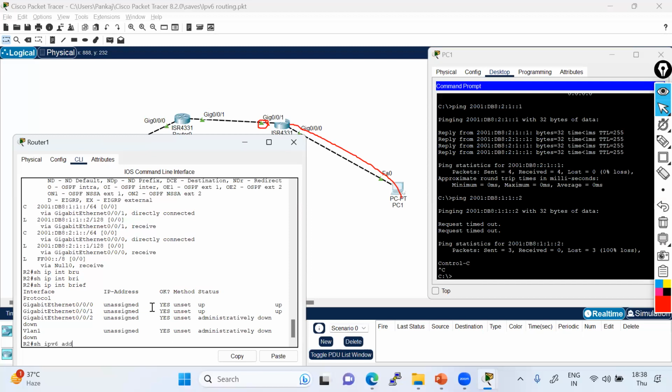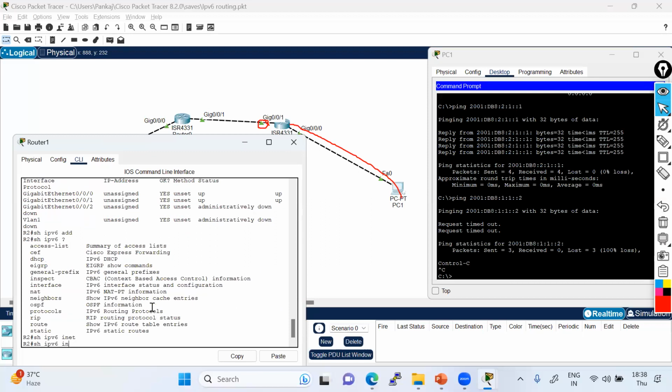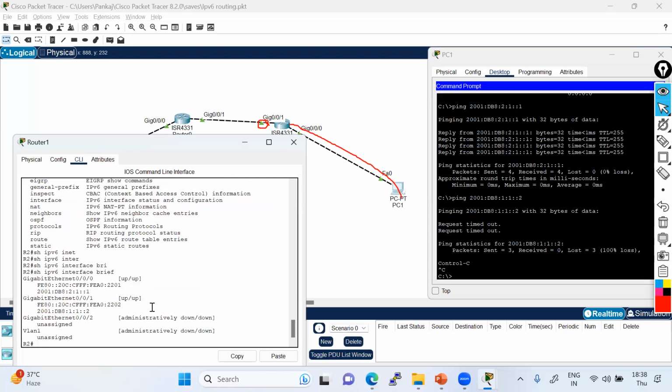Show IPv6 interface brief. So now it starts showing the link local. See, this is the link local IP address. Earlier we were seeing that it was not showing, but after assigning that IP address, now it starts showing the link local address.